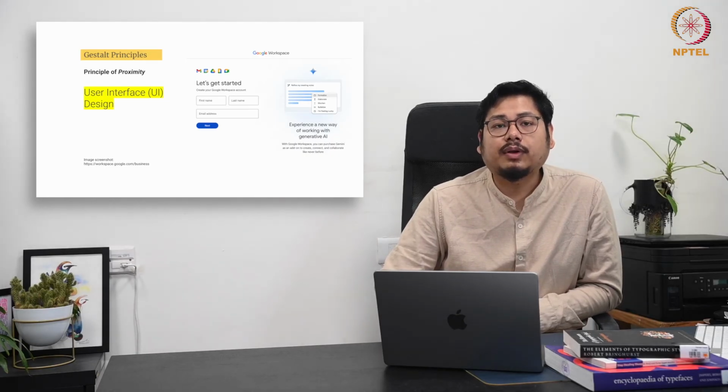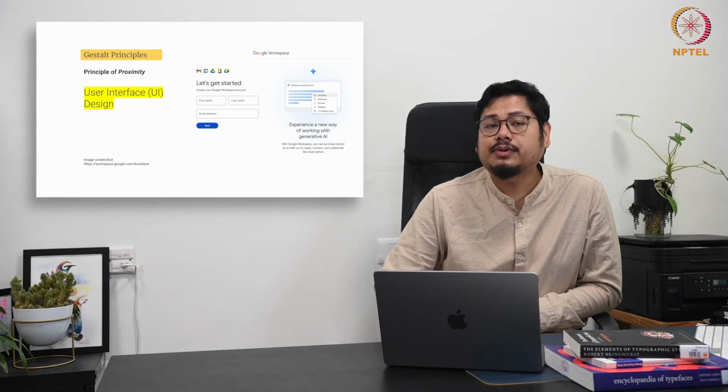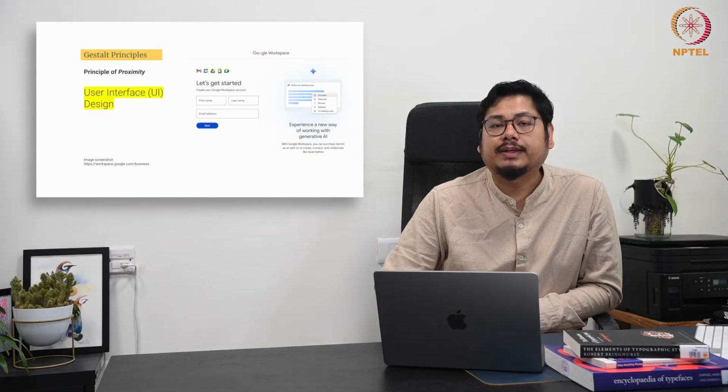So while you design any kind of questionnaire, and if you are planning to take data from users online, make sure you understand how you are grouping the overall information while you are taking it, such that it benefits the users, and also benefits you in getting the data in a better way.